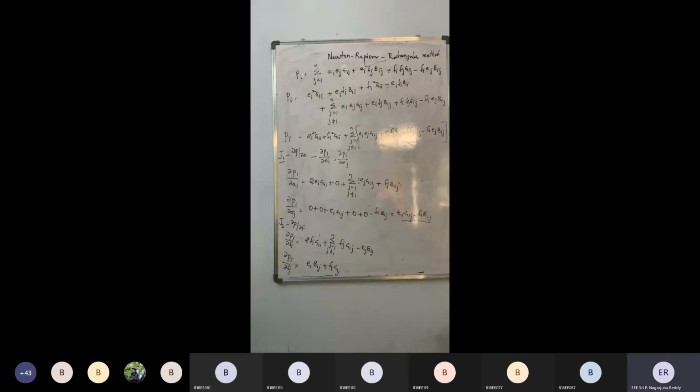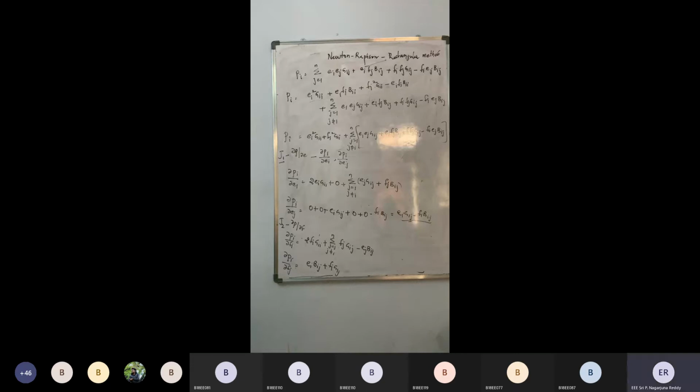In the examination, I will be asking you to derive the expressions for elements of the Jacobian matrix for Newton-Raphson rectangular method. So we are supposed to start from the power equations, how the power equations are derived in rectangular formats, which we have done yesterday. And next, we are supposed to mention the Jacobian matrix very clearly and derive the expressions for each of the elements of the Jacobian matrix, step by step.